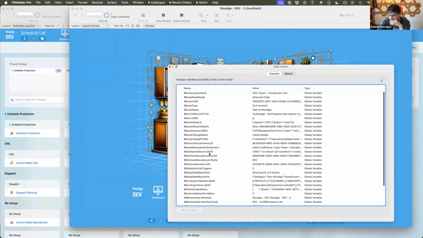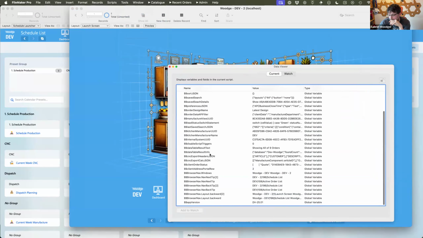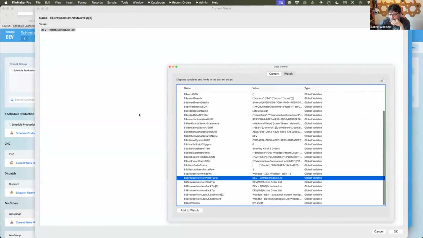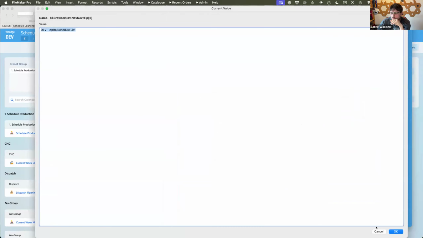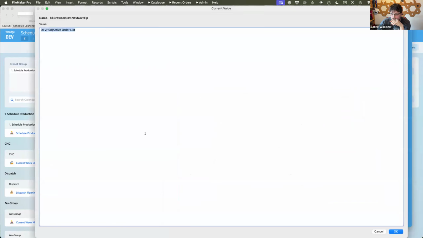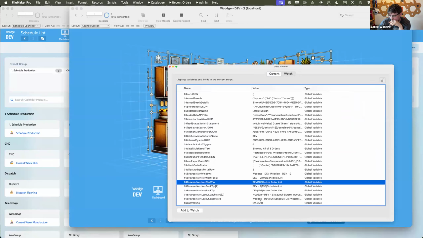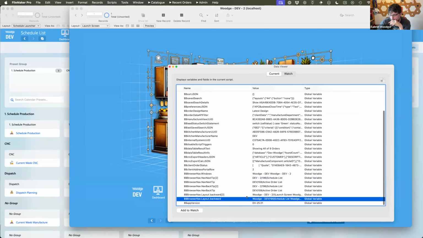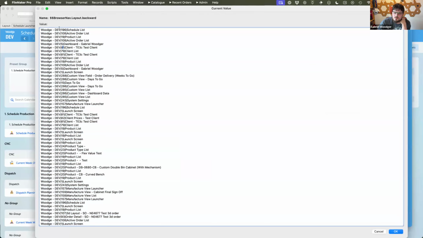One of these. I can't remember, it's in here somewhere. Here we go. So in here we've got a list with the records that are in. So this one is the first window in here. That's the tip for the next one, and then there is the backwards history per window, which in here has the window name, the layout ID, and then the display name of the actual window itself.